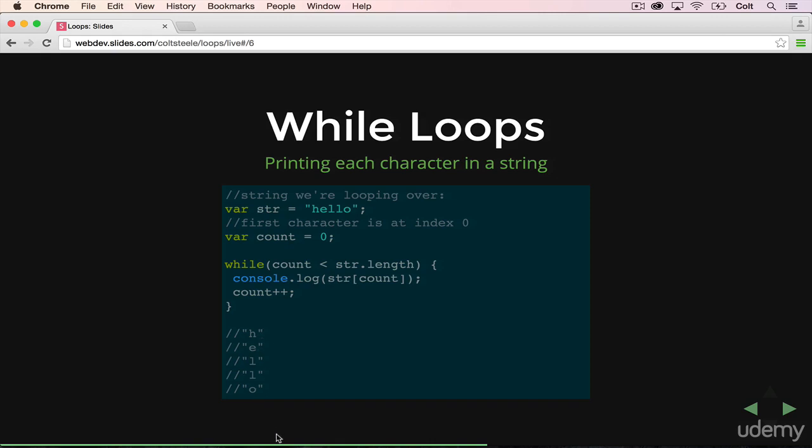And the way that we achieve that, we start with our string equal to hello. It's called str. Then we have our count, which will be the number that we use to access a character in the string. It's the index. And remember, the first character is always at index 0. So then what we're going to do is say while count is less than the length of the string. So the length is 1, 2, 3, 4, 5. So while the count is less than 5,